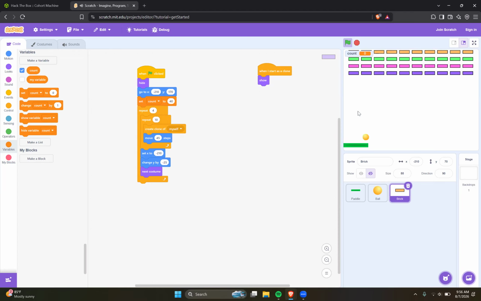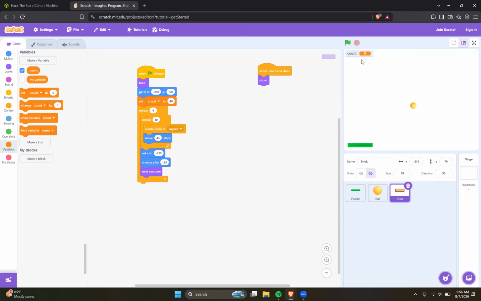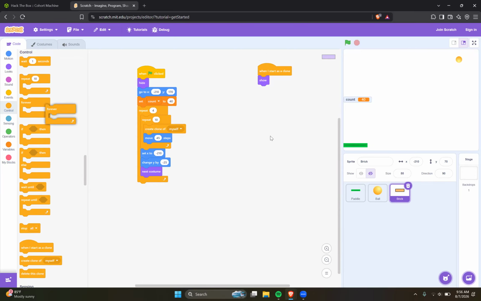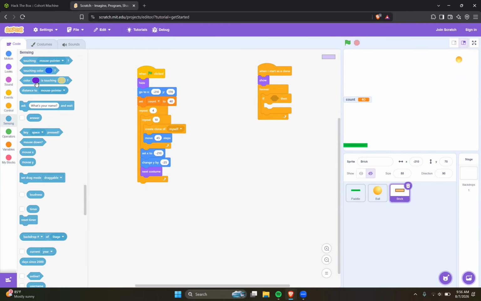Okay, and then now we got to make the blocks kind of disappear when we hit them, right? That's kind of essential. So I'm going to keep this here for development purposes, but eventually we're going to get rid of the count because people can see the blocks and that's kind of redundant. So let's just add a forever loop and then let's just say, hey, if you are touching the ball, we're going to send a message